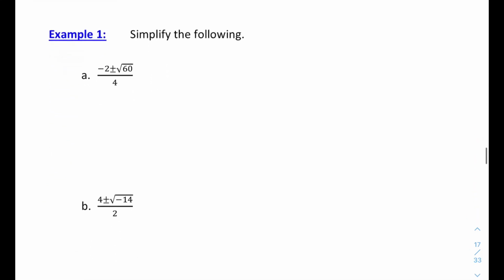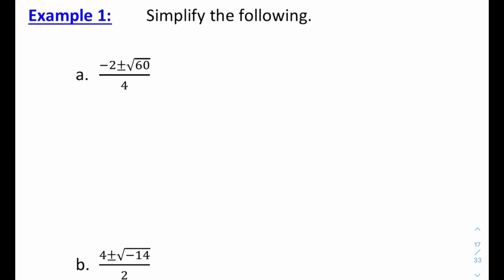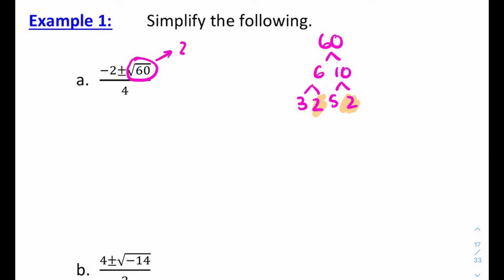Before we work on actually solving quadratic equations using the quadratic formula, let's simplify some output that we might get if we plugged something in. So break down your radical first if you're simplifying something that you get out of the quadratic formula. So my square root of 60, I can break down into 2 square root 15. And then if you look at it, negative 2 plus or minus 2 square root 15 all over 4, those